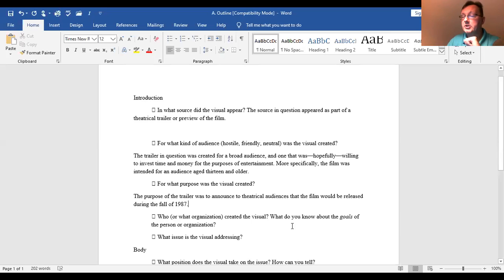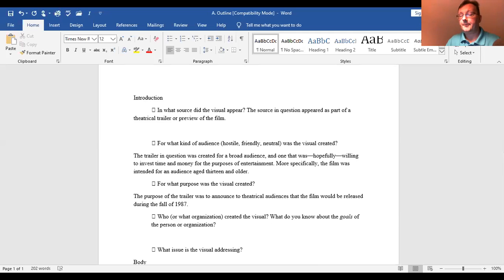Who or what organization created the visual, and how do you know about the goals of the person or organization? So we can change this a little bit, because instead of Act 3 Communications, which was the limited information available in the print ad for the poster, right away we see the familiar Fox 20th Century Studios logo displayed before we even get any kind of a look at the rest of the film. The film is clearly marketed